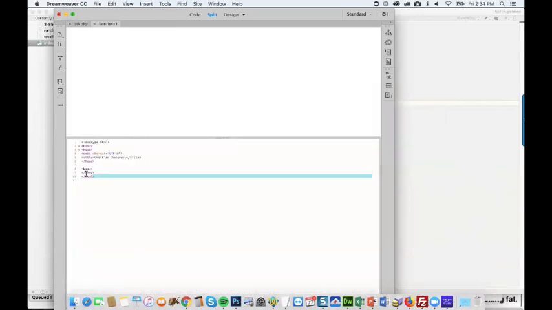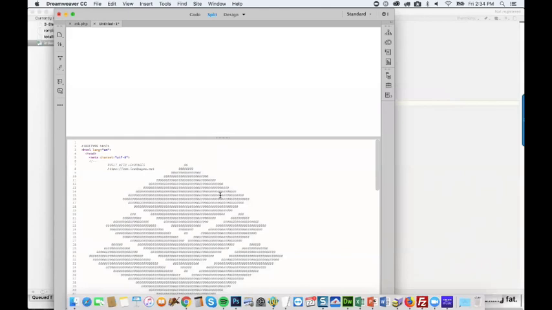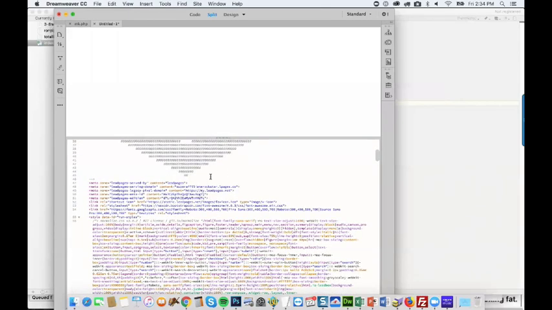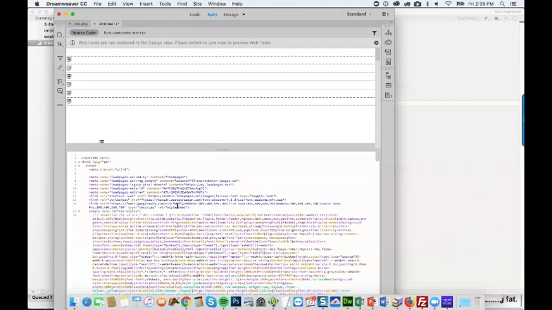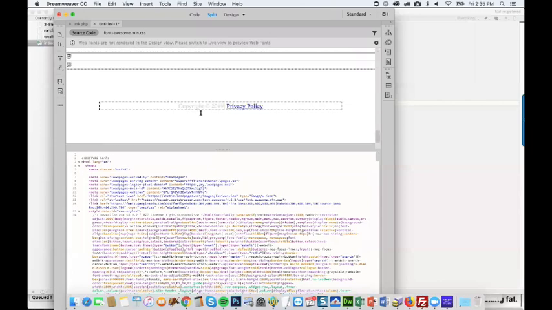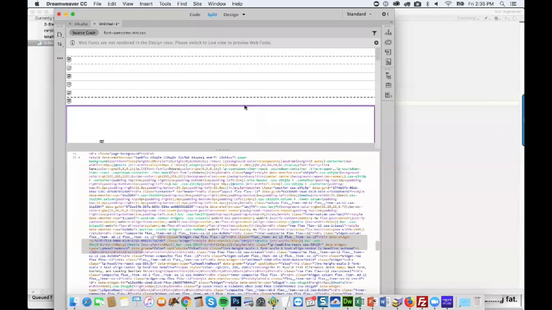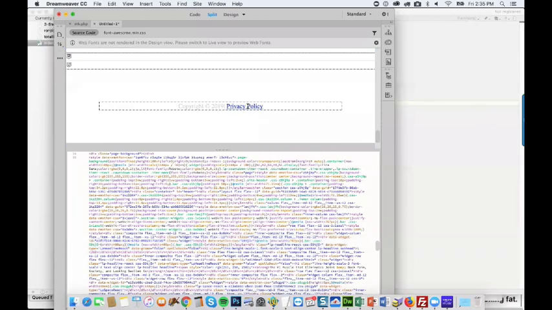Okay, so we're going to paste code here. We'll get rid of all this junk at the beginning. Let me just take this out. All right, so this is our page. Now, a couple things that we're going to need: a privacy policy, terms and conditions, and an about us and contact us. Those are some things that Facebook is going to look for. The privacy policy is the main thing, which I already have here, but it actually goes to a different page. It's from that investment page, so we can't really use that.